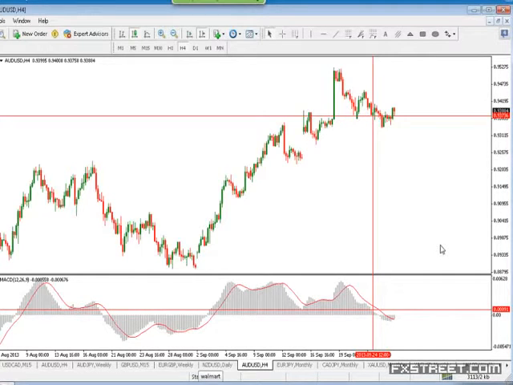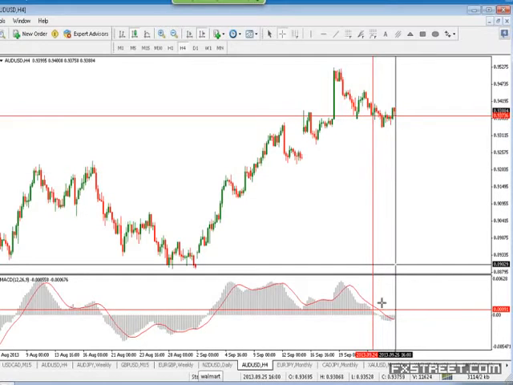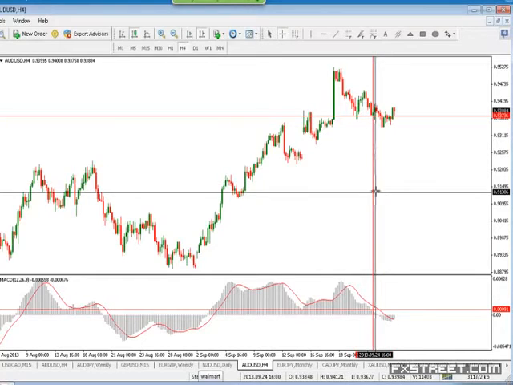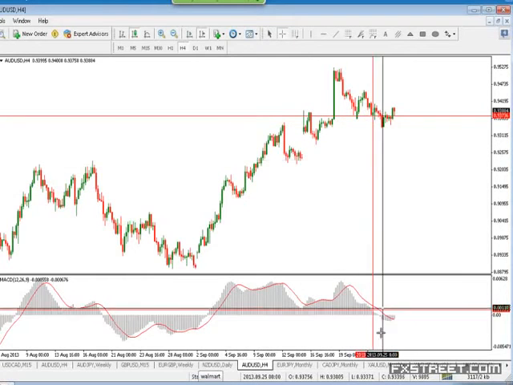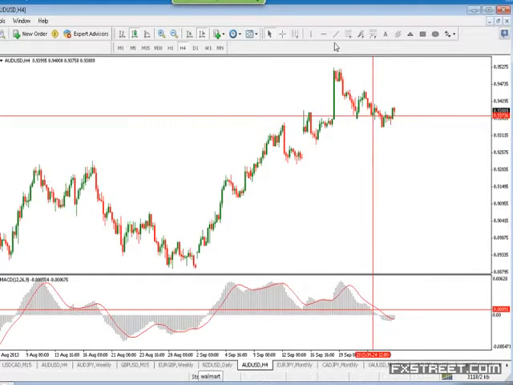Always use a confirmation. In this case, looking at the Aussie on the 4 hour, we can see by the histogram that price momentum has turned bearish. Right now the histogram bars have gone negative, but this is a place where I would have probably looked for a break of a trend line as a confirmation, which price has broken, which is good. And there's another thing which I always talk about, which is trend lines. We've got some nice breaks. So certainly on the 4 hour, the Aussie is in a bearish mode right now.